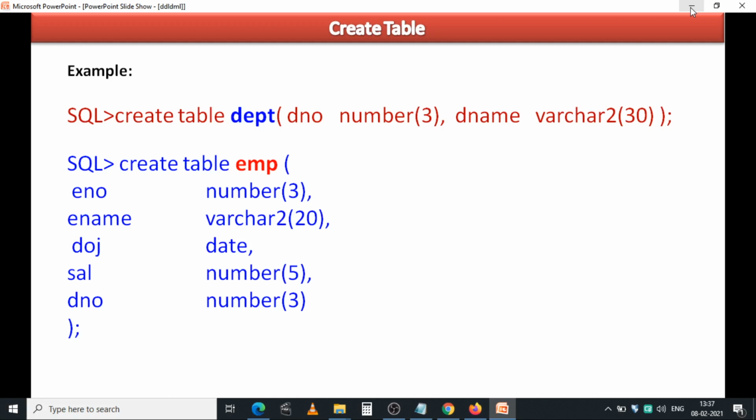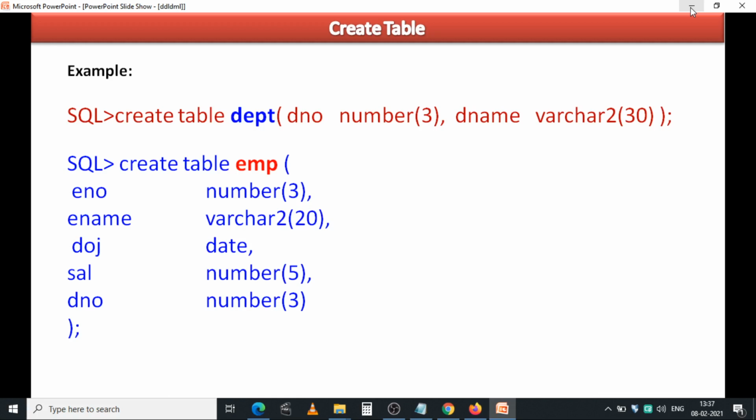In that you have to write columns along with data type and size. Here the data type includes the size also. D number with data type number, size 3, comma, D name. In this we are going to store characters. That's why we used the varchar2 data type, varchar2 of size 30.